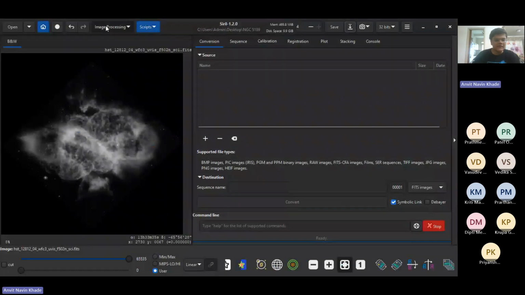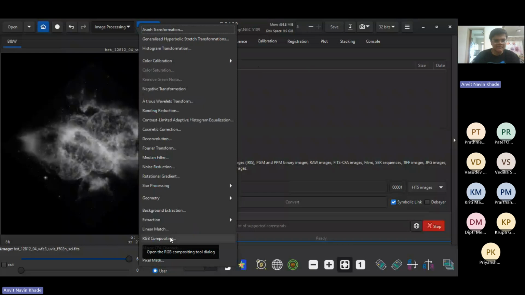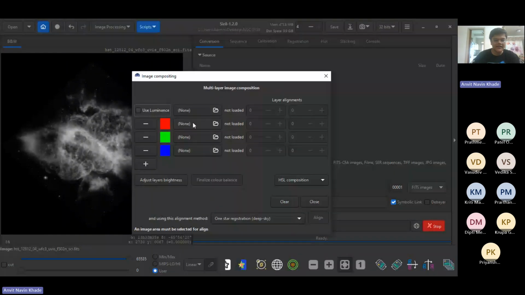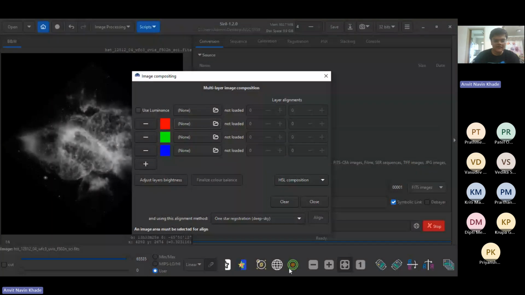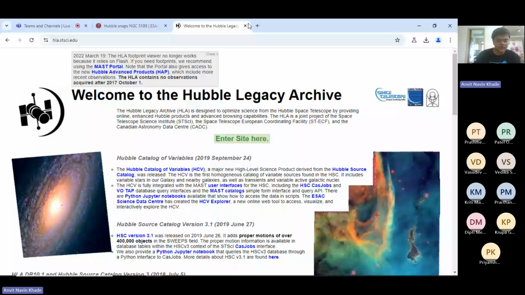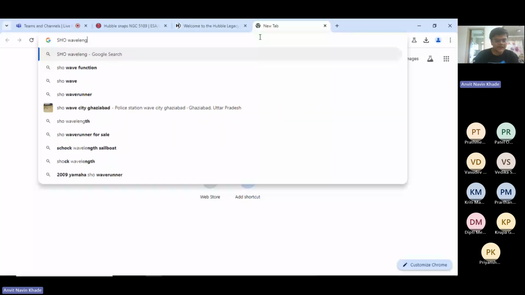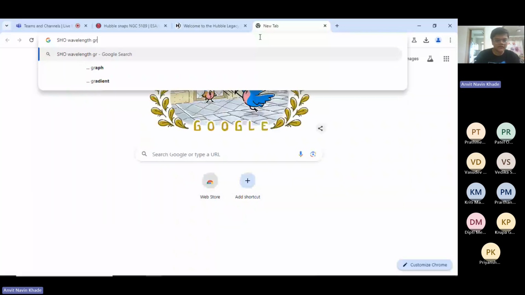Now we'll go to image processing and RGB compositing. So we want S, H, and O, that is sulfur, hydrogen, and oxygen. Sulfur is on, so if you remember the wave band, I'll just open it on Google just for a quick recap. SHO wavelength graph,